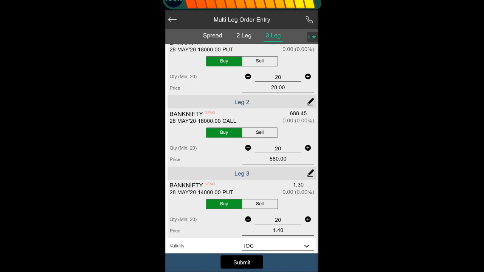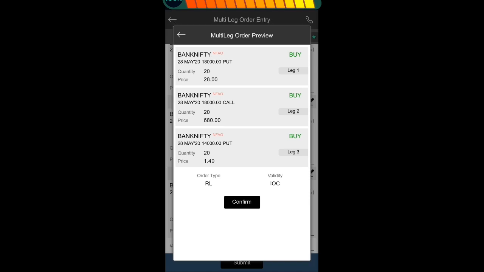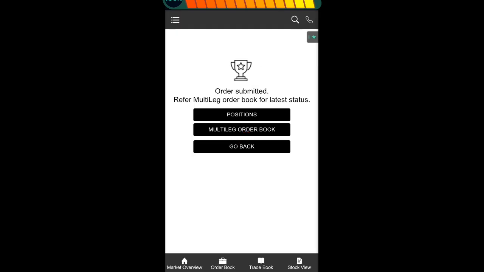We have to enter the limit price here, at what price we wanted to buy this, and we can simply click on submit. Suppose I have clicked on submit, and here it is like a confirmation, this is the price and this is the order you are going to place. Are you sure you wanted to place? So I need to click on the confirm option. As I have clicked on this, my order is submitted.